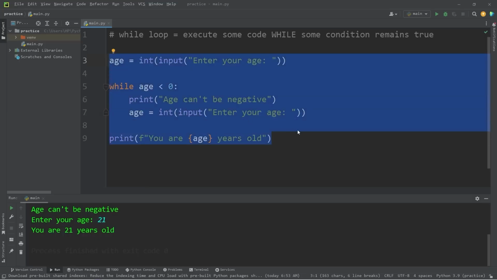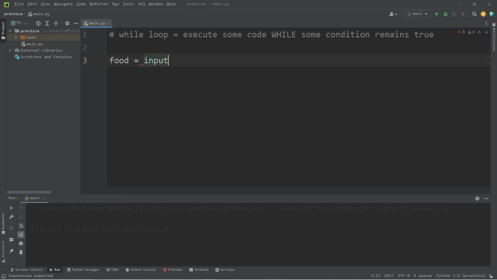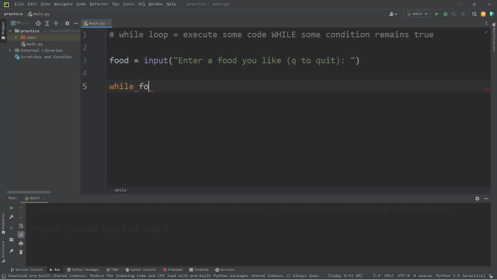Let's go over example 3. I'm going to introduce some logical operators. We will have the user type in a food they like. Food equals input, enter a food you like. But in order to escape, they need to press Q to quit. While food is equal to the letter Q, continue this while loop. However, I'm going to make